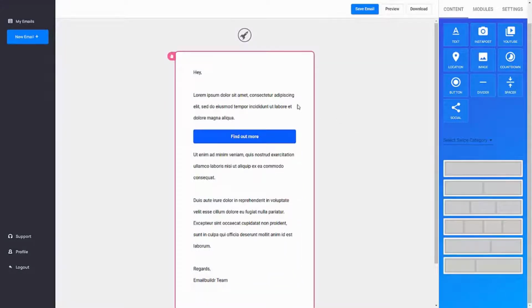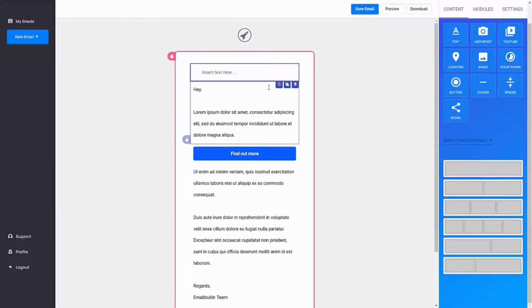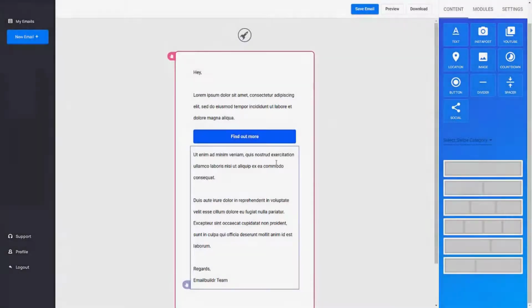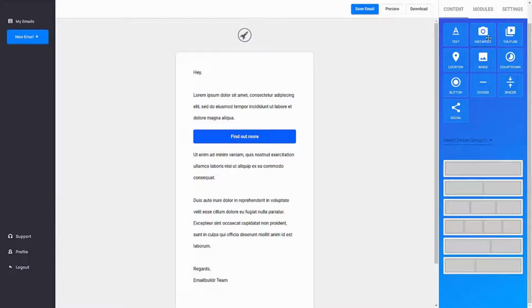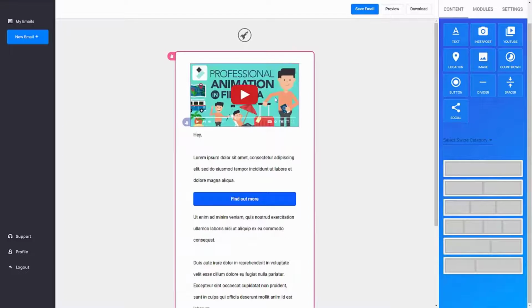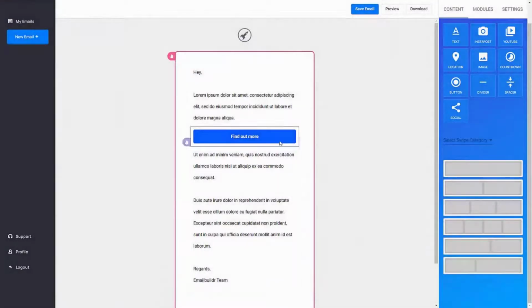Now, we've got different levels and such, and you can read all about that on the sales page, what you're getting with what level. But if you want to, let's say, add some text, you can drag and drop this block over here. Fairly simple. If you want to delete that, you can click here and get rid of that. Then you can also drop this Instagram post, YouTube video link as well. You can drop that too. For example, this is what it would look like. The video obviously doesn't play inside of the email. It can never do that, but people can see the thumbnail in that case.